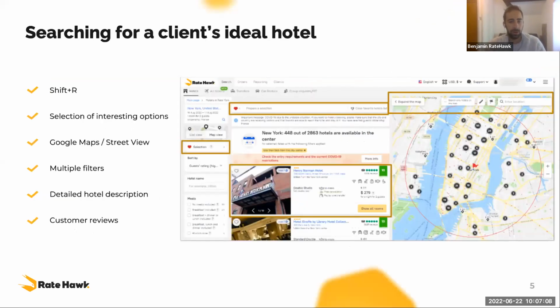So the searching tool is very straightforward and well made. There are lots of filters which can be used to filter efficiently and find the best hotels for your needs. You can search with the map, and you can even use Street View to see the look of the hotel from the outside. We have TripAdvisor reviews with all previous comments, etc., and hotel descriptions and pictures. And we offer the ability to create a selection as well, a PDF document which you can send to your clients directly with different options and rates, etc., for them to make an informed decision.